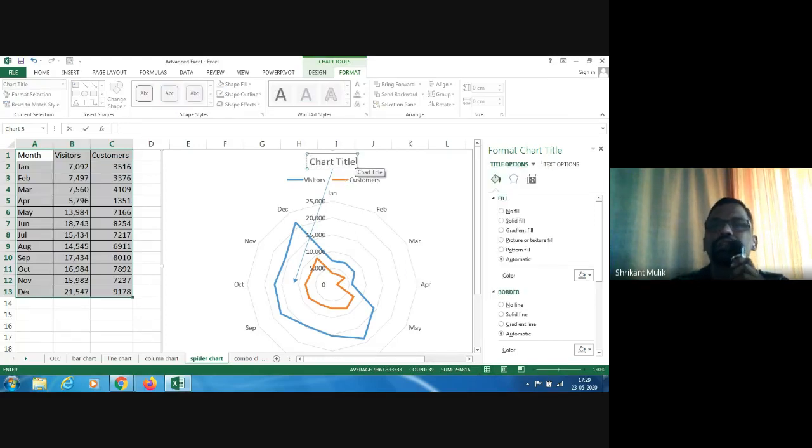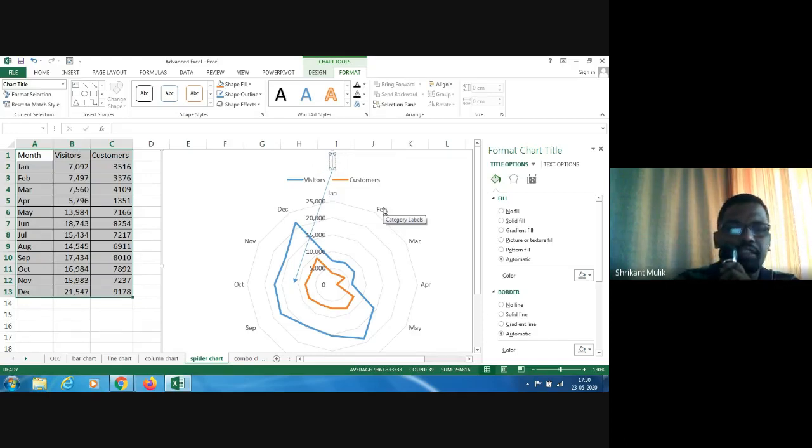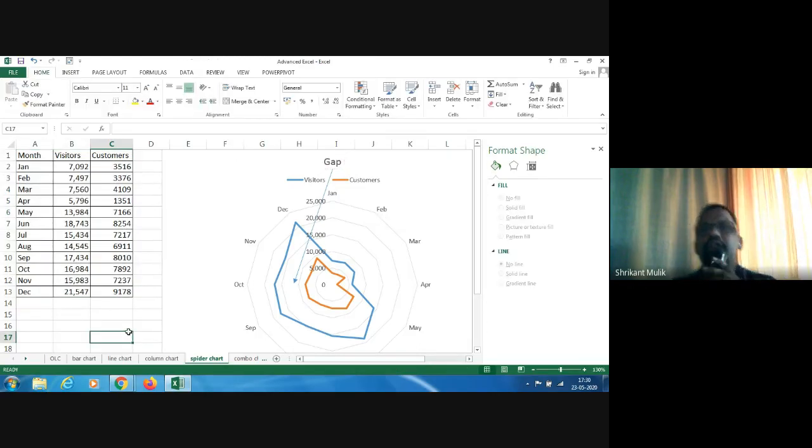I can actually just go and type this here, and I can just say gap. But you could write a detailed description saying that the gap is widening in the second half, and you can point to it, right? The whole purpose of using any chart is visualizing and giving a message, and this is a way you could do that.